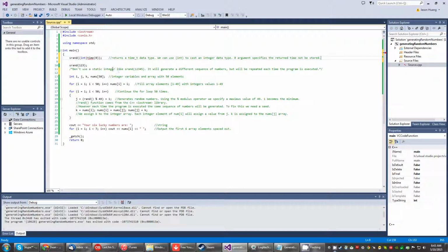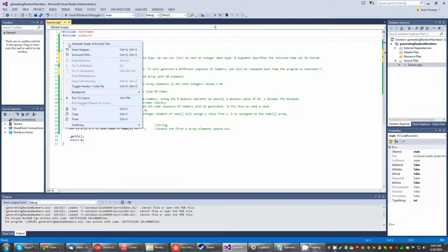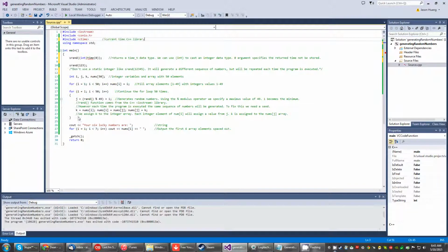Time. And to make that happy, we need to add an include. This will be the current time C++ library. So this returns a time_t data type. We can use int to cast an integer data type. 0 specifies that the return time will not be stored. So to do a little bit of explaining of what that is,